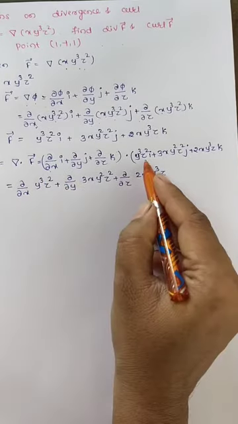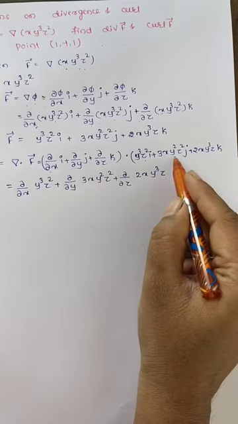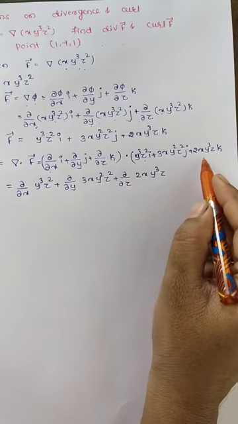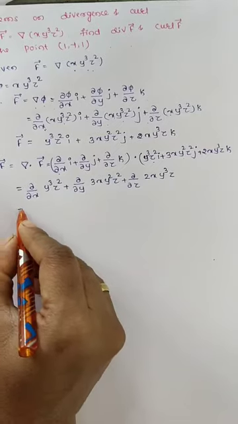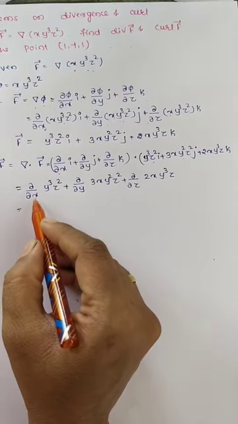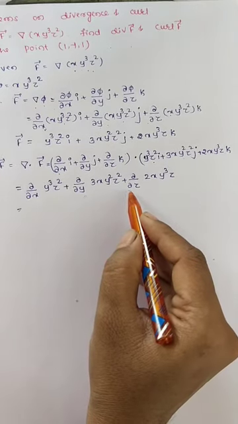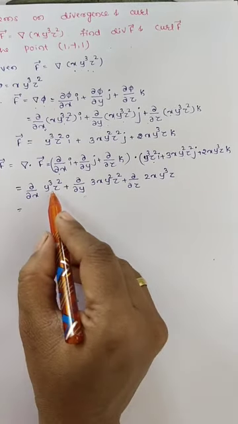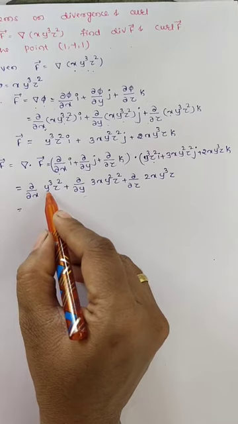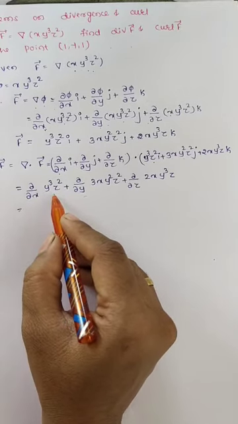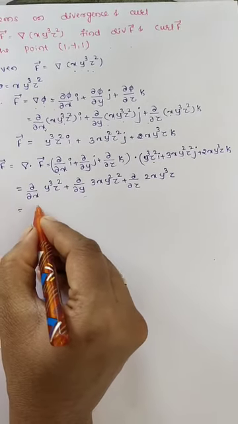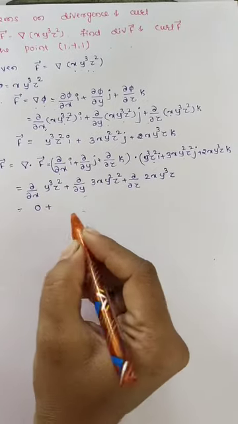Here a1 b1 plus a2 b2 plus a3 b3. After that we differentiate partially with respect to x, y and z. Here the x term is not there. y and z are constants. Differentiation of a constant becomes 0, plus here